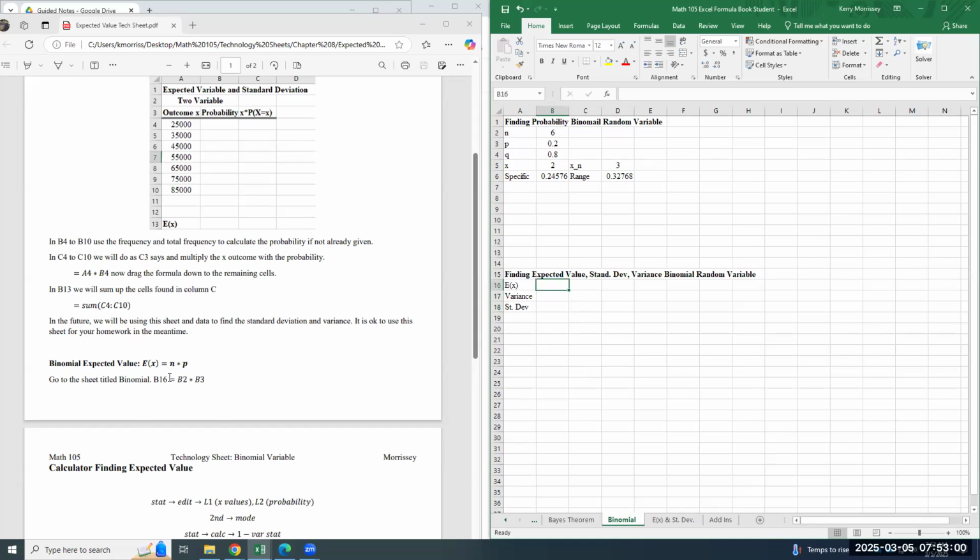So it says, go to the sheet titled binomials over here, and it says in B16, we're going to say equal. And your example says n times p. That is referring to your n and p above. So we can say, okay, well, your n is above here. That is 6 times your p, your success, is right below it. So B3. And again, these will change as you go, but your expected value here is just the center location, your mean, based on this particular problem of n and p,